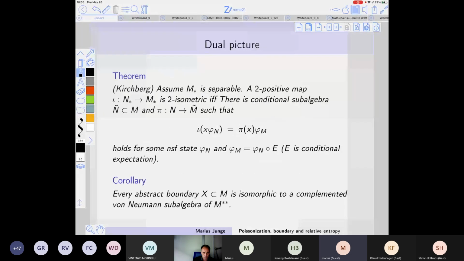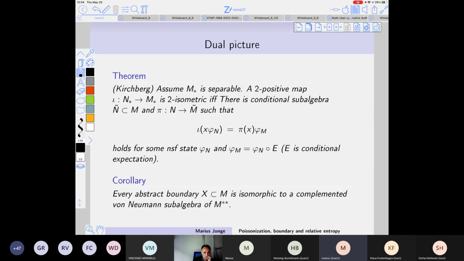right? So I just write down the dual picture, assume that M star is separable, and we have exactly this situation that I have another map from a pre-dual of a von Neumann algebra into a pre-dual of another von Neumann algebra, which happens to be separable. And the map is 2-isometric. So this means if I extend it to 2x2 matrices, it's also norm-preserving, right? So that's a little bit more than what Kirchberg wants to do, but he can reduce it to this case.